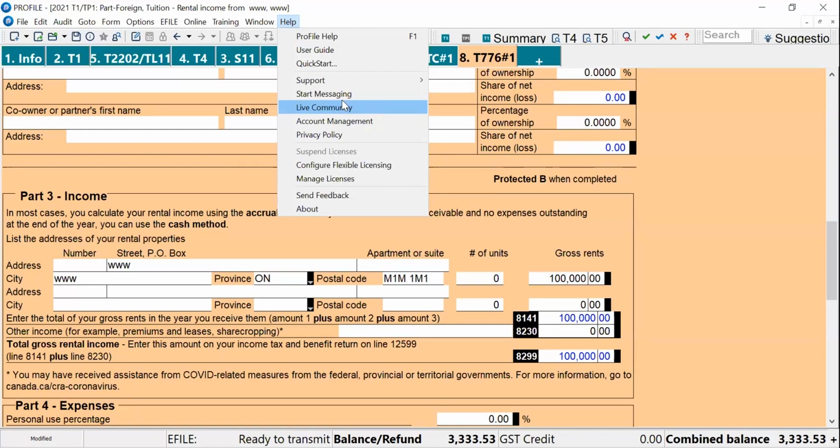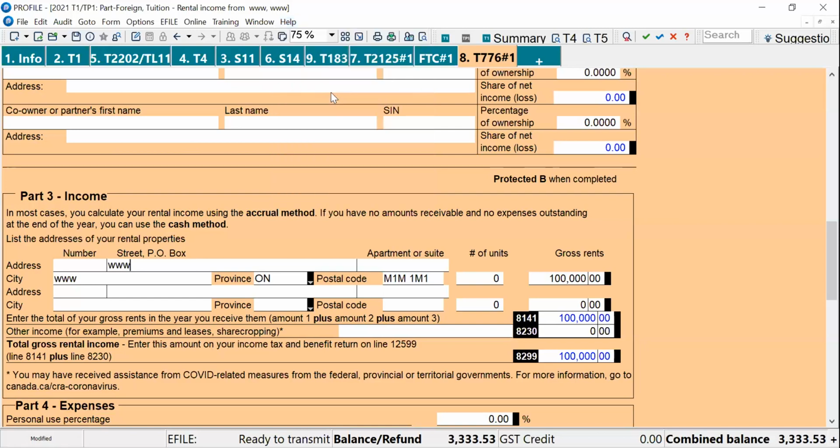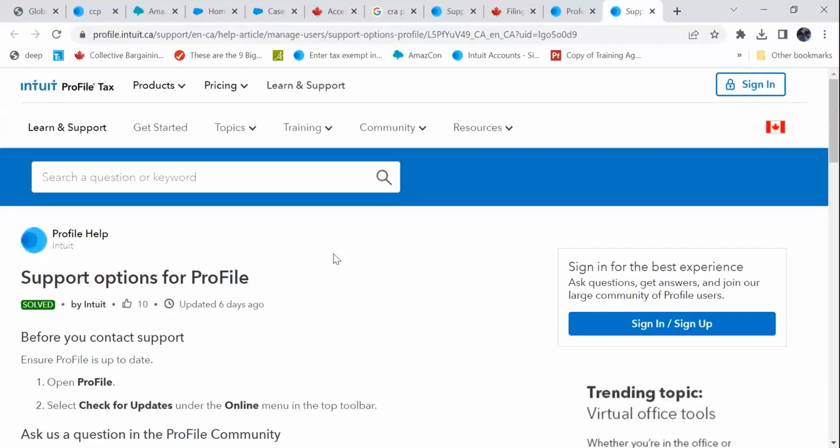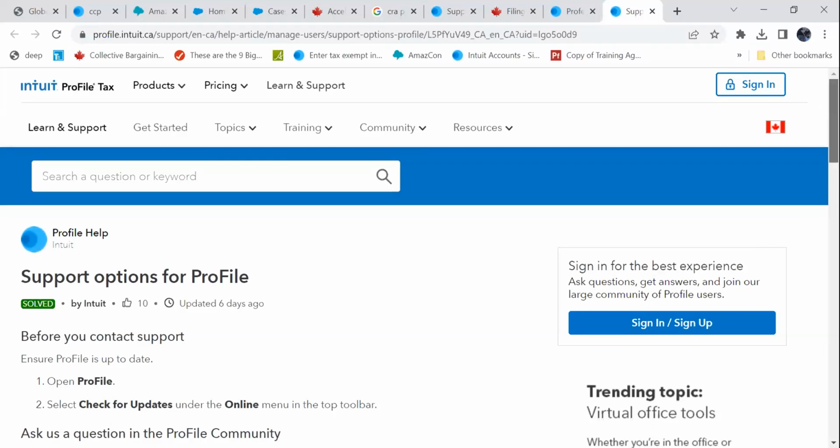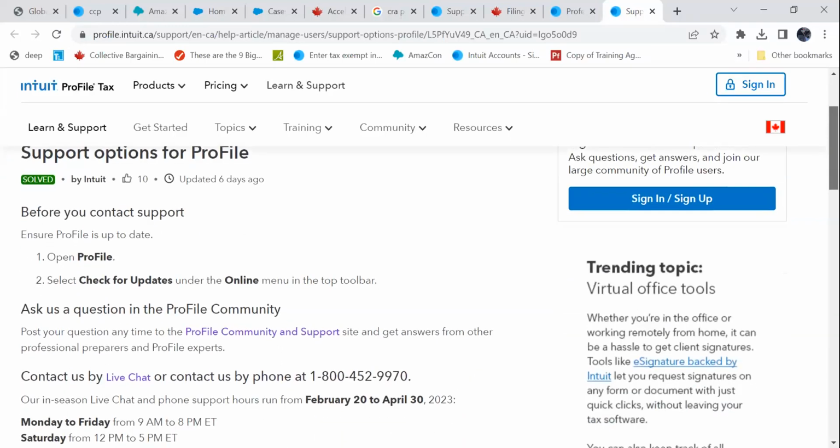The other thing is, we mentioned messaging, and there's start messaging. And what you can do is click on that, start messaging. And what that does is takes you to a community forum,